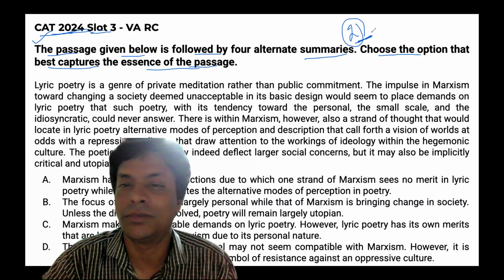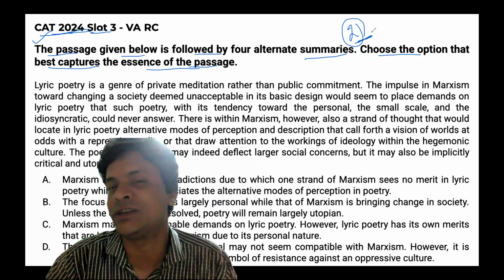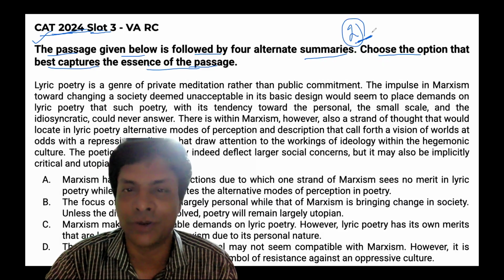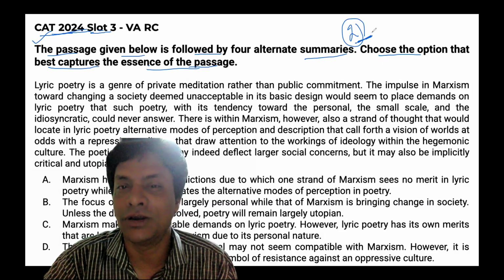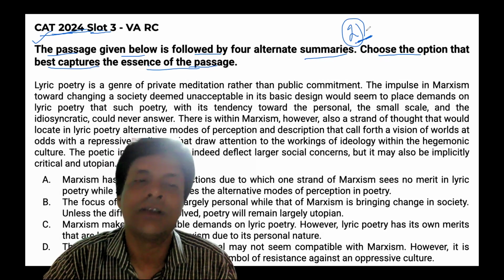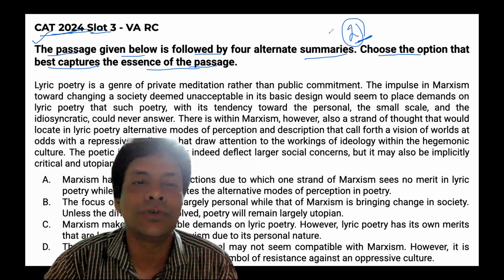Like the kind of passages, the kind of jumbled sentence questions, the kind of para summary questions, and the kind of sentence placement. So I would suggest that if you find each question doable, don't hesitate to attempt 15 to 16 questions. But if it is difficult for everyone, then obviously the number of questions would be fewer than 15, right? So fine, let's go to the first passage